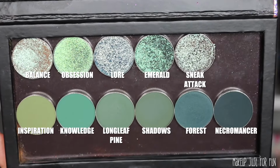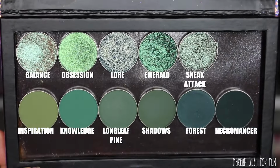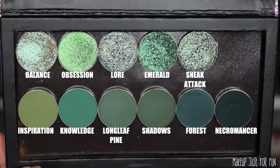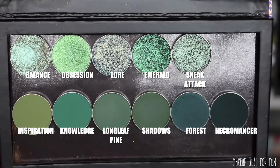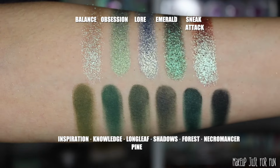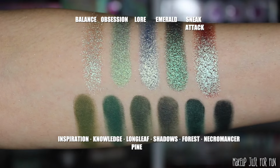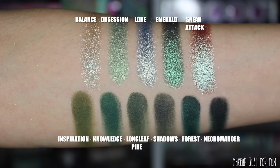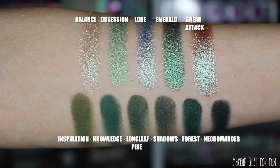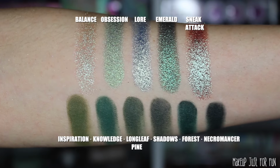As far as the individual shadows for purchase go, matte shadows are $4.99 each. Shimmers are $9.99 each, and then the holographic multichromes are $14.99 each. The exception to that seems to be the Harvest of Souls palette singles. Those shimmers are $7.99 on the site. So there might be some outliers here or there, but just a reminder that I have a lot of other